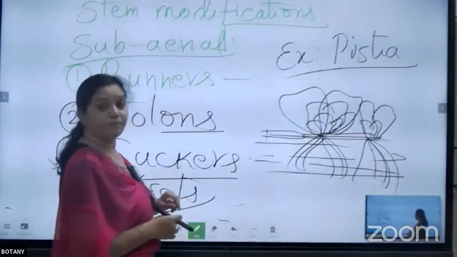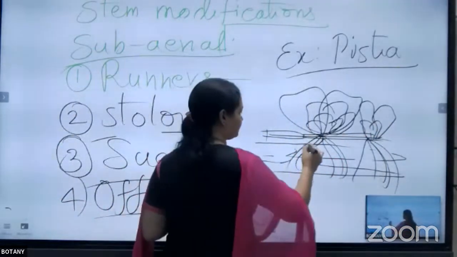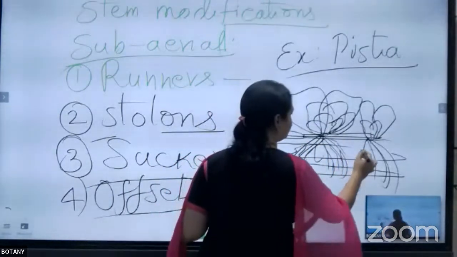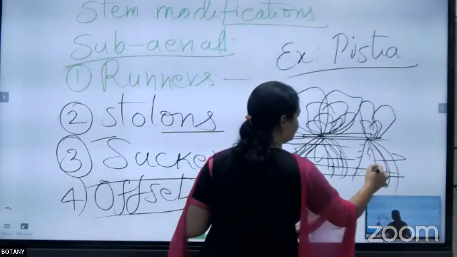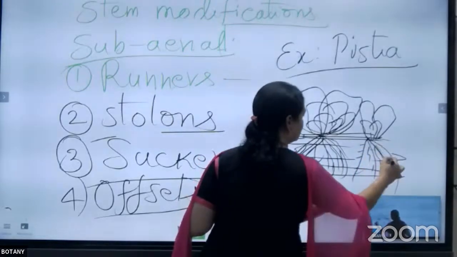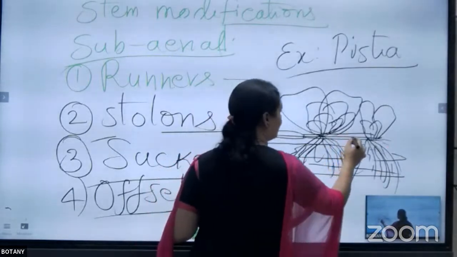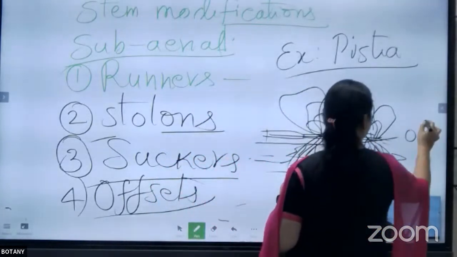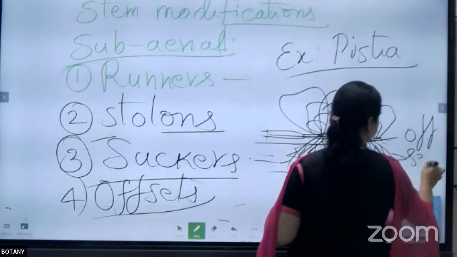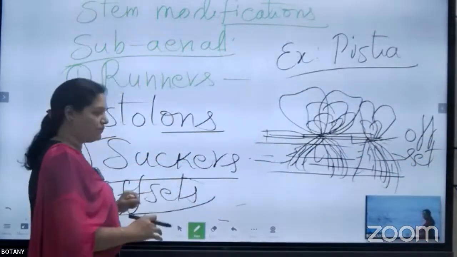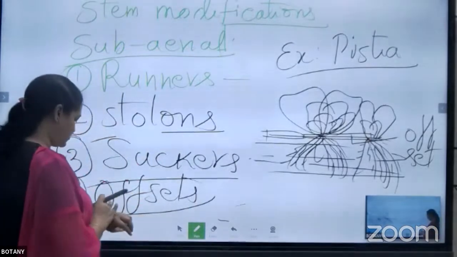This is the pistia. So in this, what happens? What is meant by offset over here? Here, offset means the internodal part of the stem is called the offset. Internodal part of the stem is called offset. Okay. And the last one is